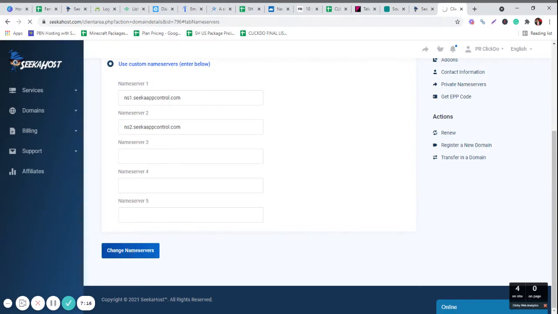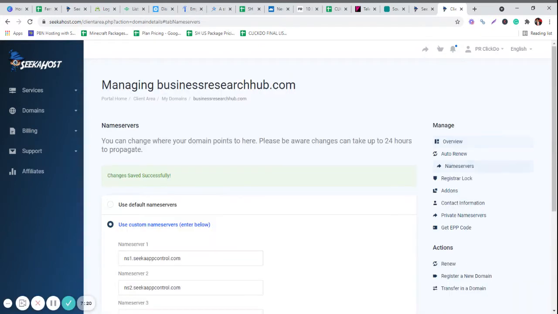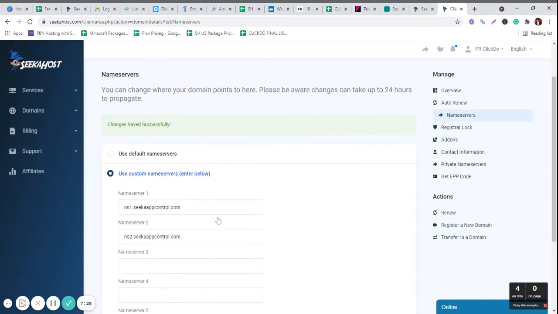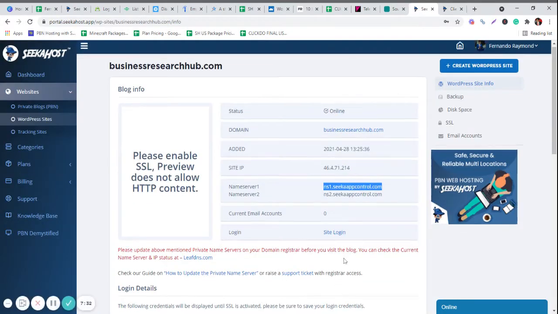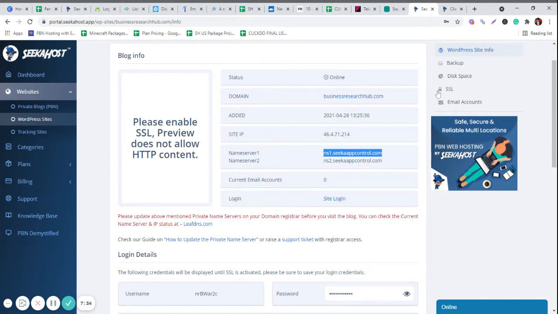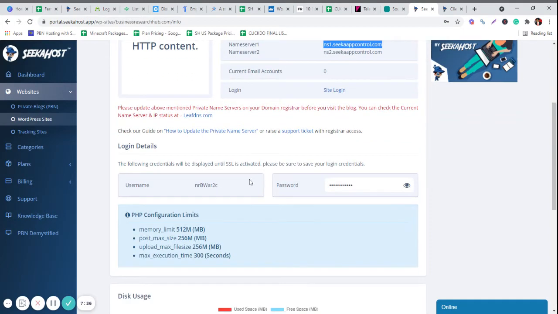Once you change the name servers, if it is an expired domain or you just bought it from an auction or just registered it, give it a little moment, at least 30 minutes. So I changed the name servers over here and it's successfully saved. And then, as I said, I can activate the SSL certificate before even logging in. Ideally, I'll have those two saved, because if the site comes live, I'm just going to